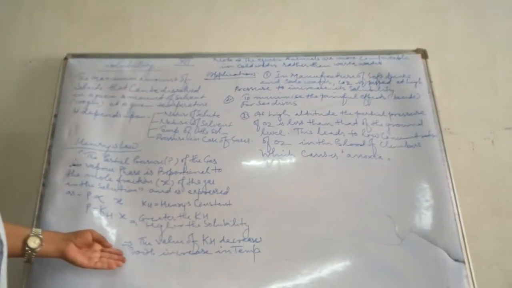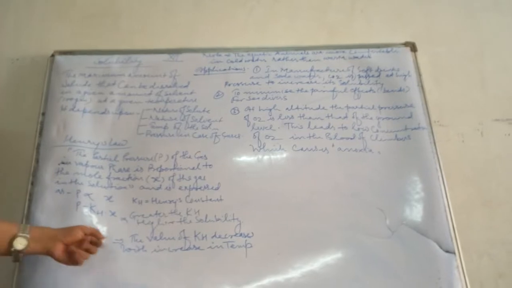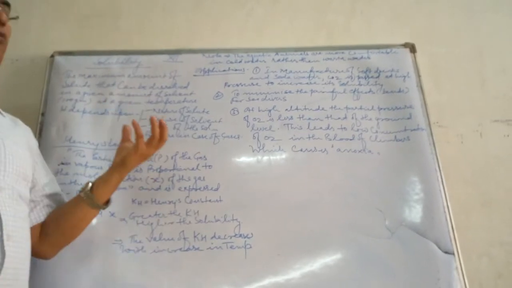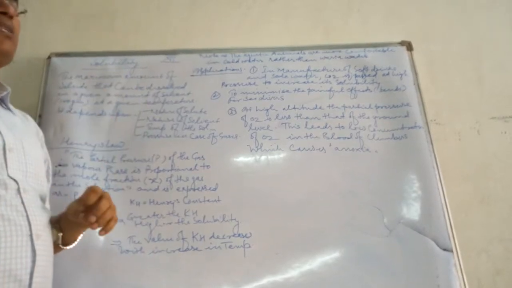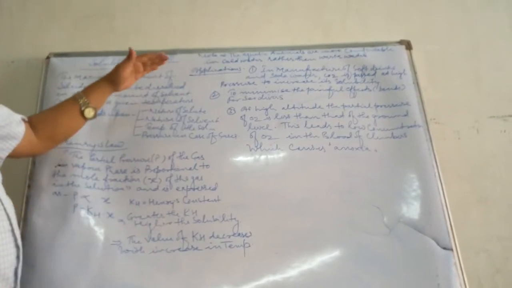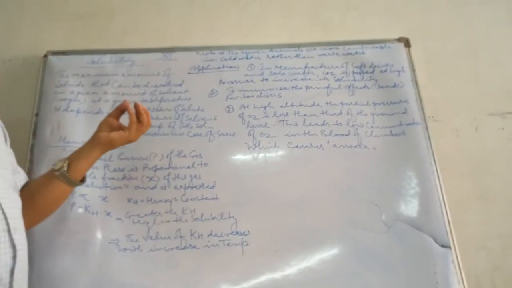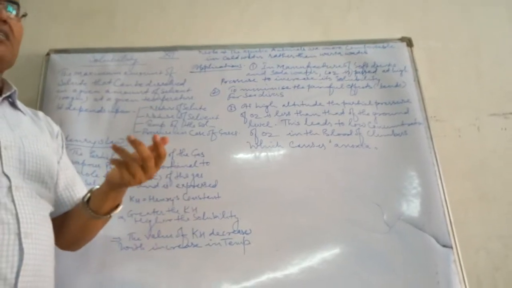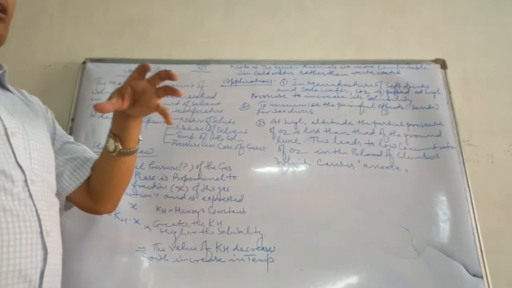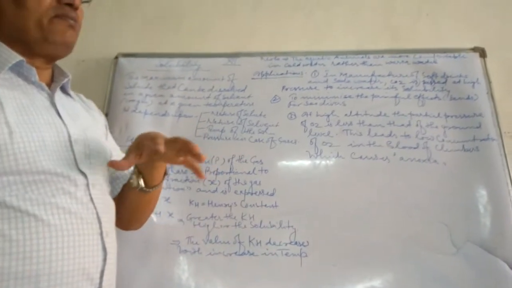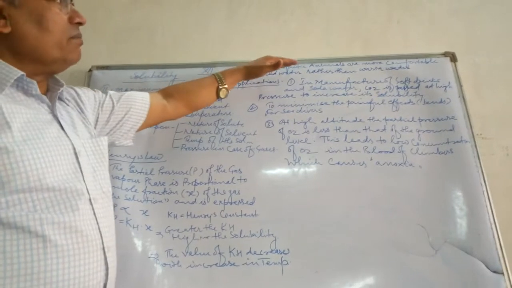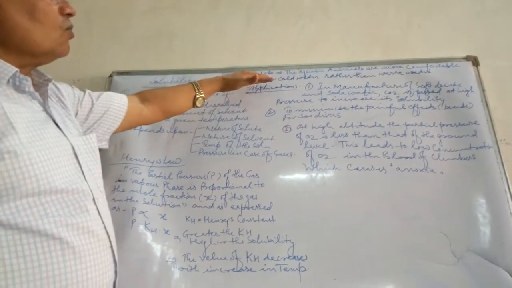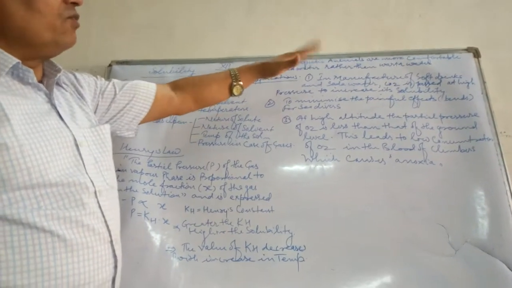Regarding this second one, we are giving an example. During winter season, aquatic animals are more comfortable. Aquatic animals means fish, turtle, frog, etc. The animals who live in water, who accommodate their life in water. So the aquatic animals are more comfortable in cold water rather than warm water.